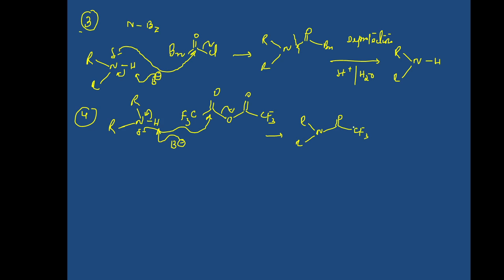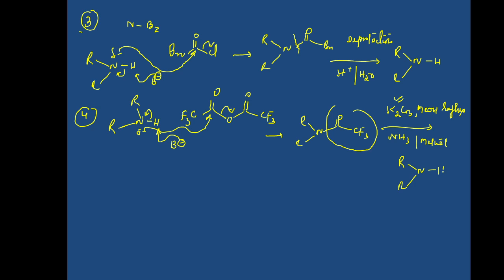This is how protection of nitrogen atom is brought about. And if we need to deprotect it, this is very important. The deprotection of this trifluoroacetyl group is brought about by a mild base like K2CO3, and with K2CO3 we use methanol and we reflux it. So this is very important to remember. Or we can use ammonia and methanol. So these are the deprotecting reagents which are important to remember over here.